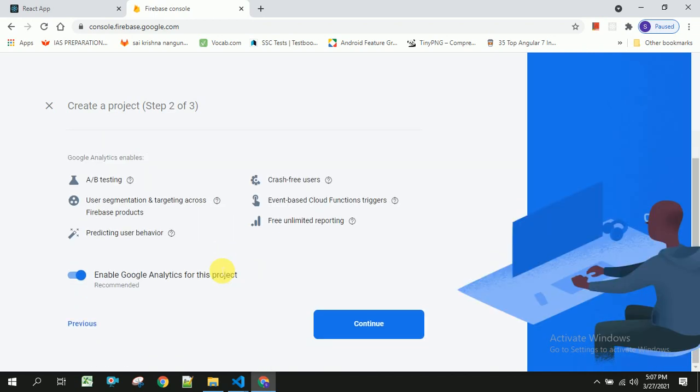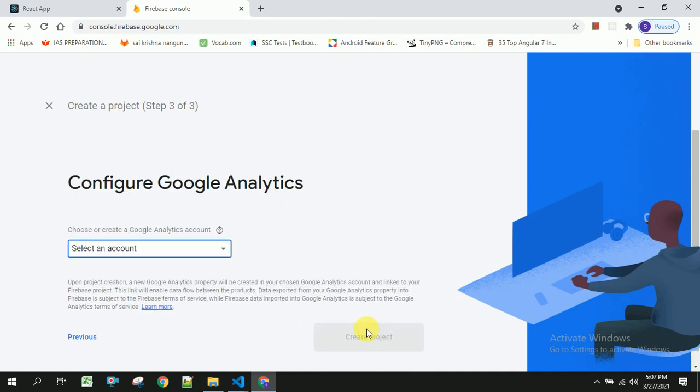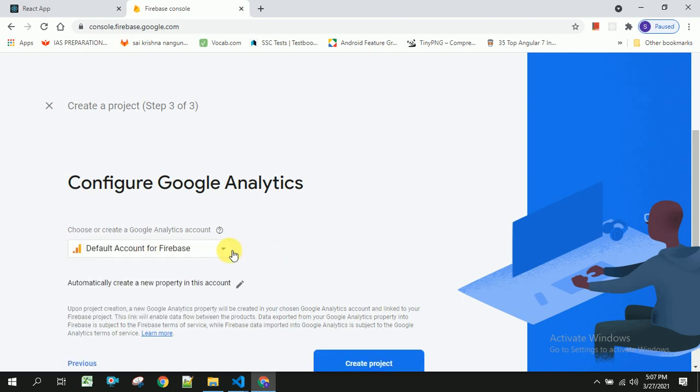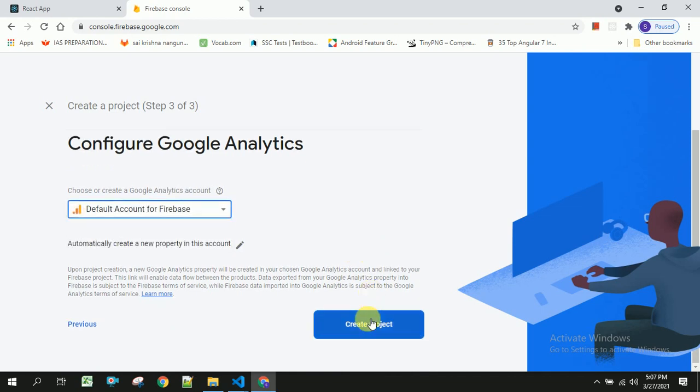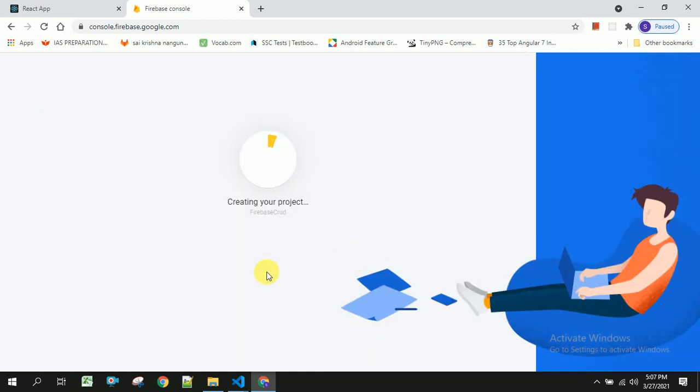Click on continue, and you can enable or disable this, and you can continue. If you have any default account, you can click on this. If you want to create a new account, you have another option as well. You can click on that and proceed there, and you have to click on create project. It will take some time to get created.